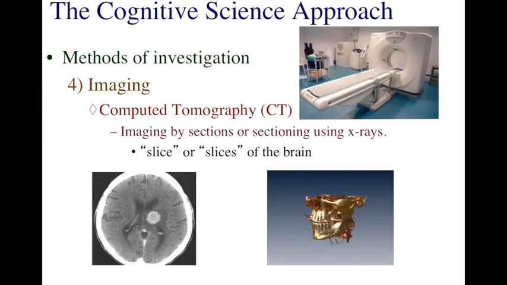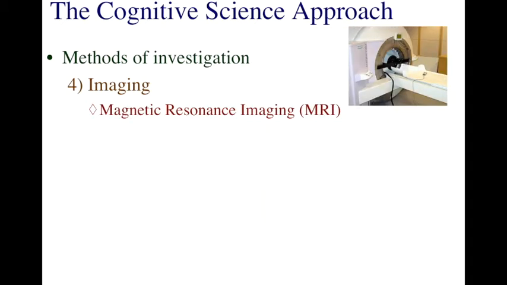One of the problems with computed tomography is that it really works best for hard tissues like bones and cartilage. It doesn't work very well with the soft tissues of the brain. Here we're able to pick up a tumor because the tumor is much denser than the surrounding brain tissue. Magnetic resonance imaging is much more useful for taking structural images because it has better soft tissue contrast.